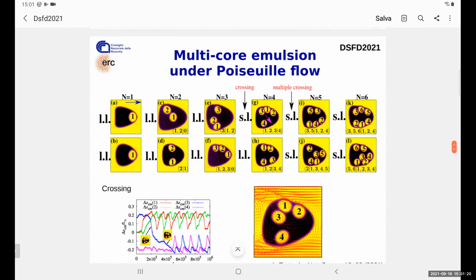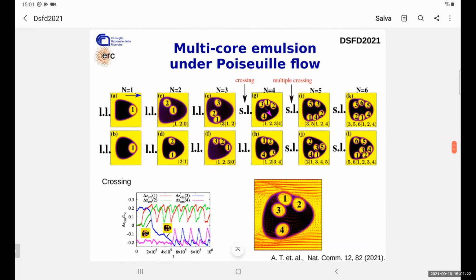In this slide, we basically summarize what we have been describing so far. We have this simulation so that we can distinguish the steady states in two regimes. The LL states, which we call long-lived states, occur when the emulsion is subject to a Poiseuille flow and the area fraction is low, with an empirical limit of 0.3, 0.35. Then the cores display this nice periodic motion, but they remain confined within either the upper or lower region of